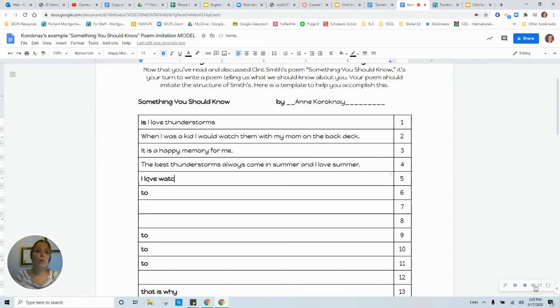I love watching the sky turn dark and the lightning explode. Okay. So I'm going to leave that there. I'm just going to make it not bold because it's my answer. All right, and then line 6 starts with the word "to." So I want to make sure that I leave that there. Okay. All right. So "to"